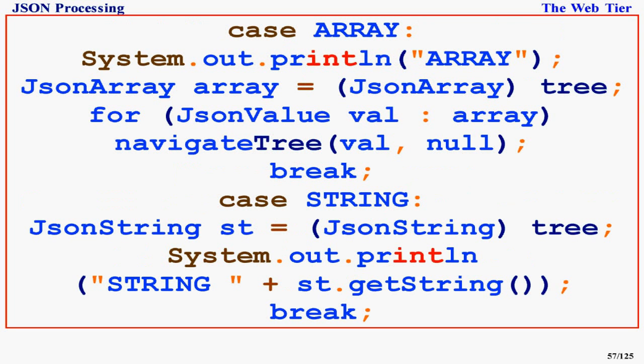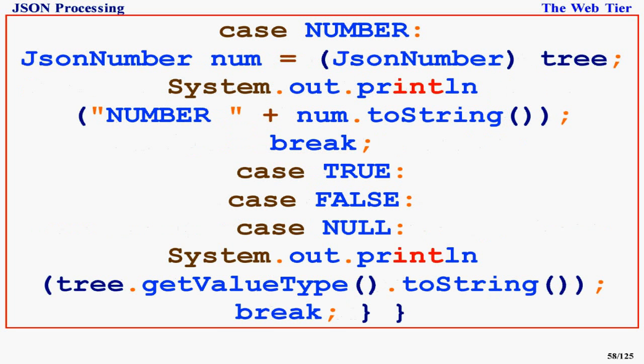case ARRAY: System.out.println("(ARRAY)"); JsonArray array = (JsonArray) tree; for (JsonValue val : array) navigateTree(val, null); break; case STRING: JsonString st = (JsonString) tree; System.out.println("(STRING) " + st.getString()); break; case NUMBER: